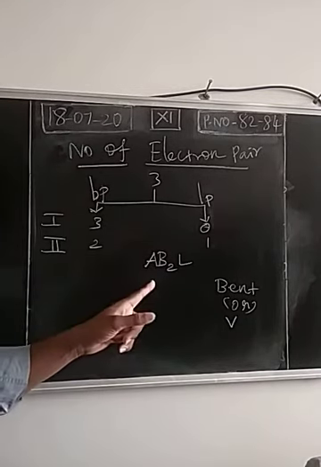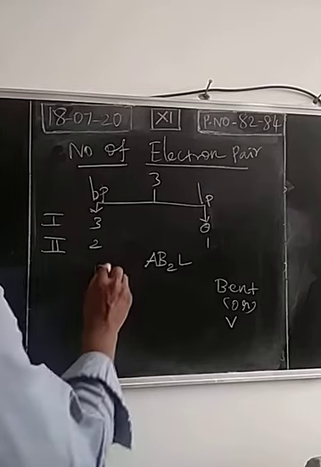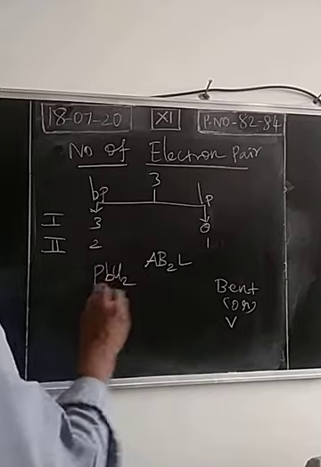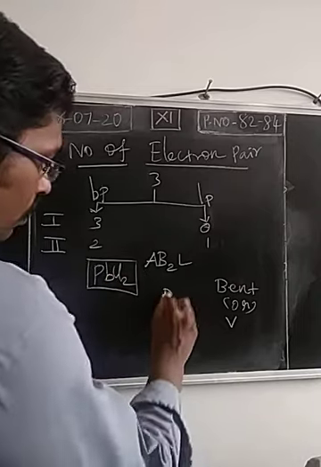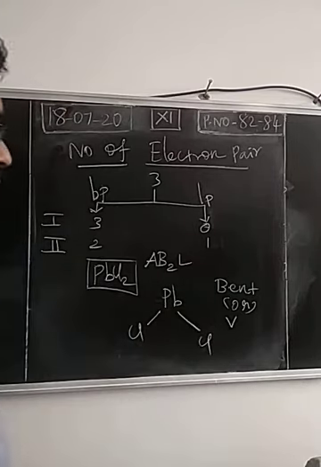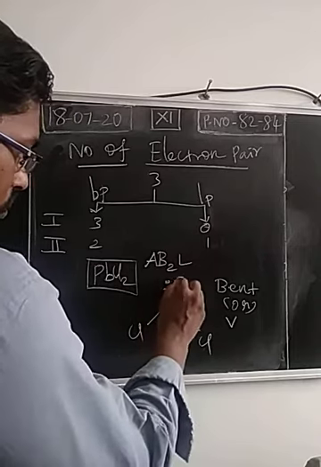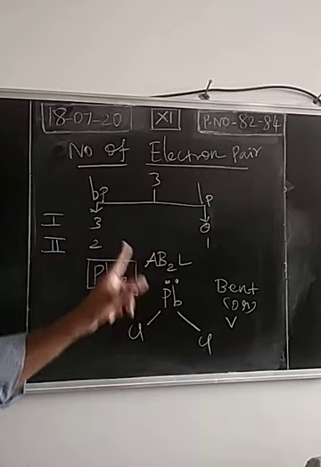For this AB2L type, we can take the example lead chloride, PbCl2. Central atom lead, 2 chlorine atoms joined with lead by covalent bond. So there is a lone pair of electrons. Around the central atom there are 3 pairs of electrons, 1 lone pair as well as 2 bonded pairs